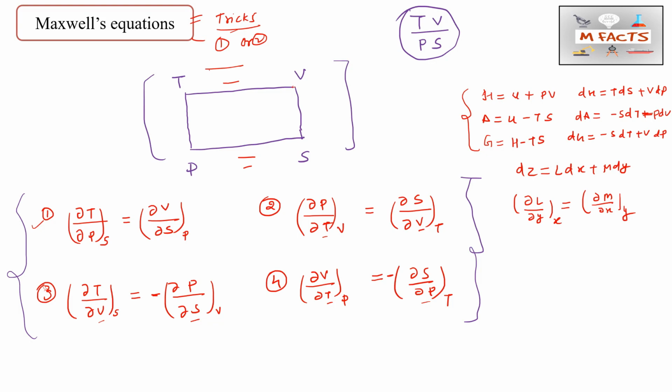Okay, so whenever you get this type of questions, the options may be very confusing. Okay, so don't worry about those things, just use this trick for remembering Maxwell equations. Okay, so if you are able to find the first equation, you will just reverse the first equation and you will get the second equation. This is how, if you are able to write the third equation, you will reverse the third equation and you will get the fourth equation also. Okay, so this will help you in your examination for GATE 2021. Okay, so this is a very important concept.